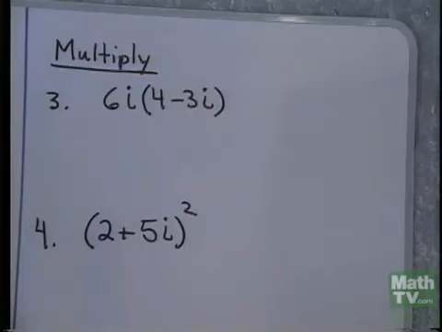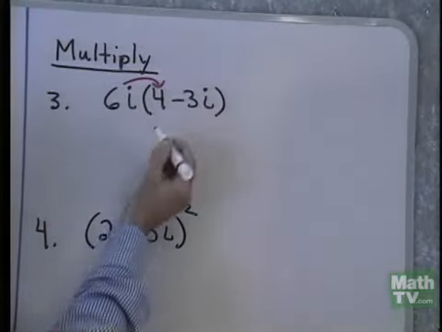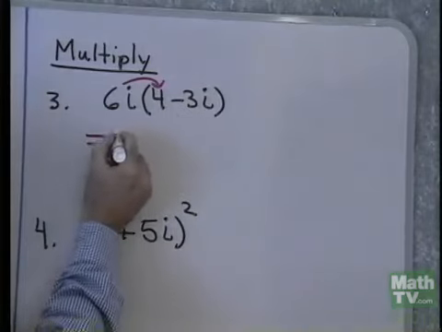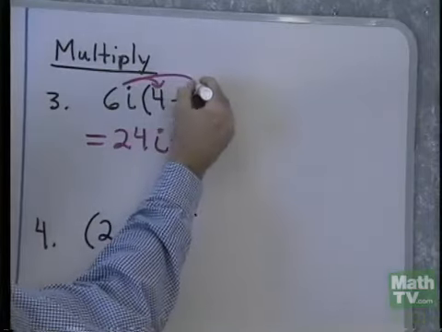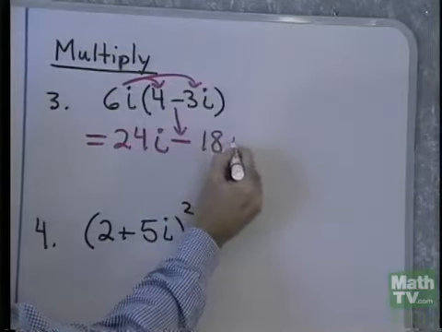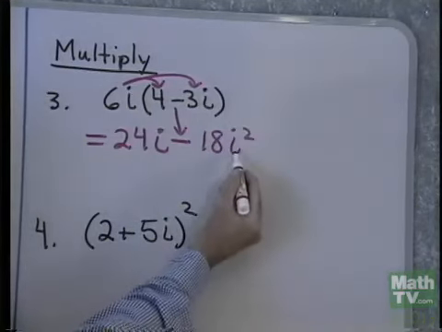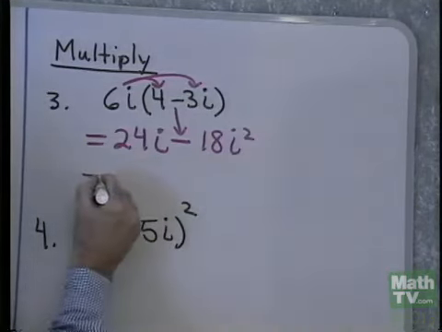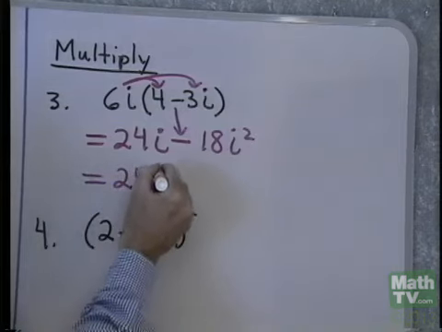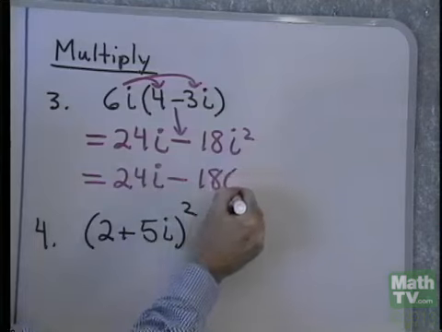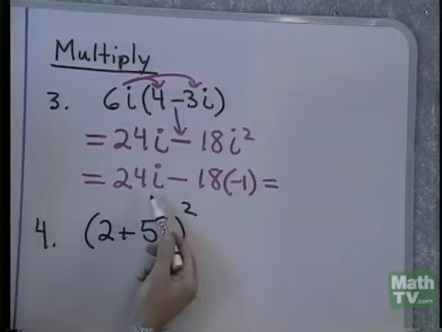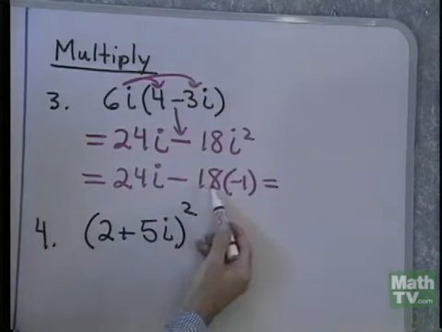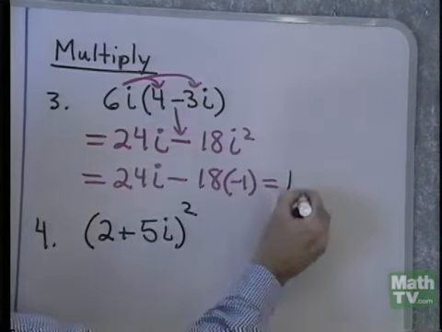Here's our next problem. I want to multiply 6i times the quantity 4 minus 3i. I'm just going to do it by applying the distributive property. 6i times 4 will be 24i minus, that's that subtraction sign, 6i times 3i will be 18i squared. Now, i squared is going to be -1, so I can simplify this further and write it as 24i subtract 18 times -1. Now, usually we write the real number part first and then the part that involves i second. So -18 times -1 is positive 18